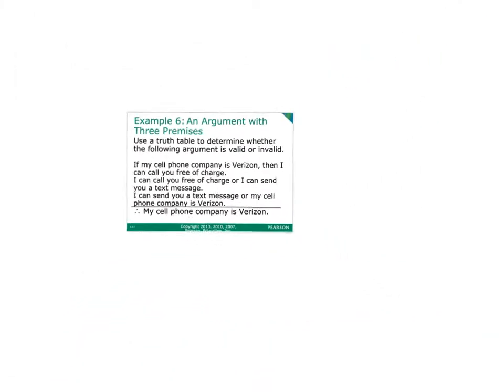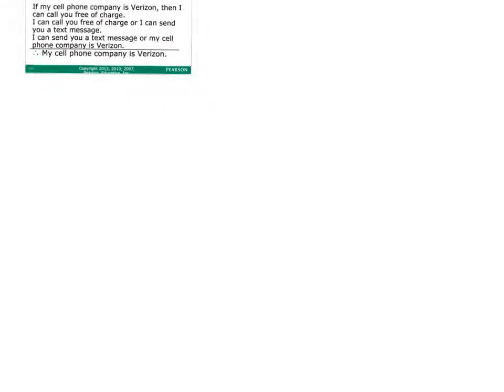Okay, so I'm going to scooch this out of the way because we're going to need some room. The first thing we're going to have to do is translate this into the 3 premises and the conclusion. Premise 1 says, if my cell phone company is Verizon, then I can call you free of charge. So if P, then Q. That's premise 1. Premise 2, I can call you free of charge, or I can send you a text message. Calling you free of charge is Q, or is your little V symbol, and then sending a text message will be R. There's premise 2. Premise 3, I can send you a text message, that's R, or my cell phone company is Verizon, that's P. Therefore, here's my conclusion, my cell phone company is Verizon, so that's P. Okay, so here's what we're going to have to do. We're going to have to do if P then Q,